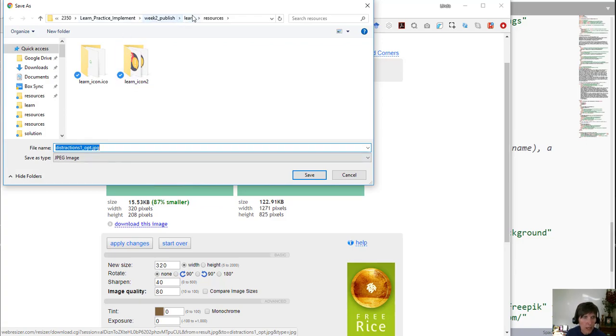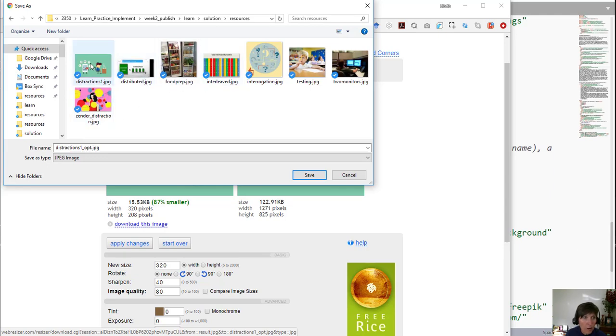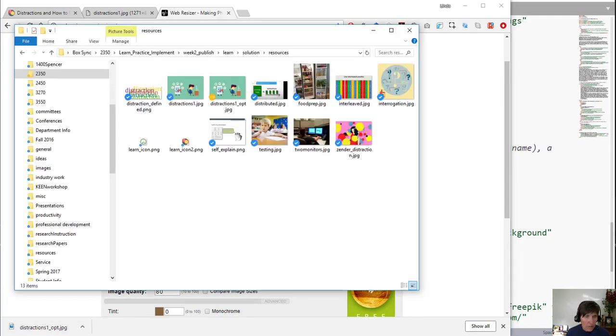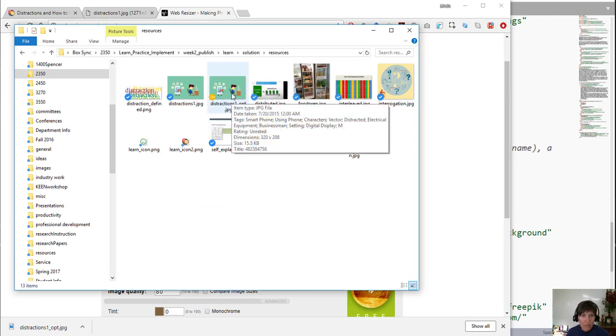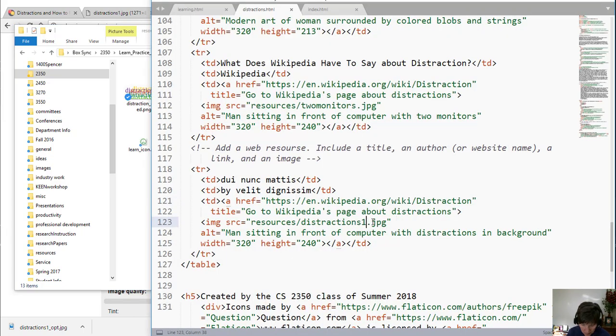and I want to put it right where I'm working. Now often you don't want to lose the original, so it gives it a different name, and you might keep it that different name so you have it in case you ever want to go back and use it in a larger size. So now I've got in here two of them, one that is 320 by 208, which is what I want, and I'm going to go ahead and change the name to that. I'm going to save it